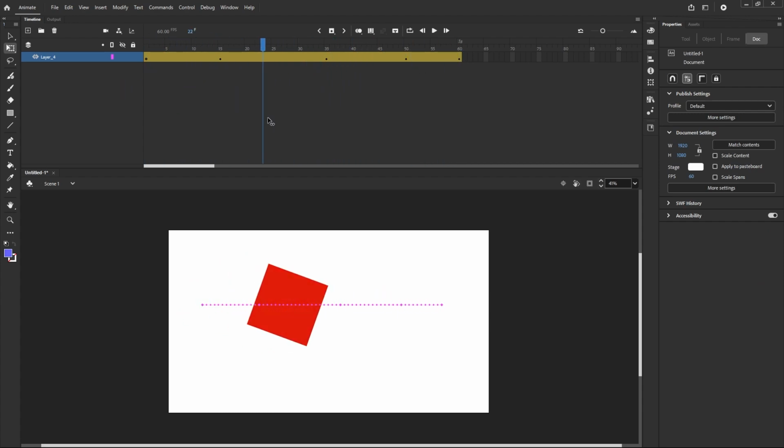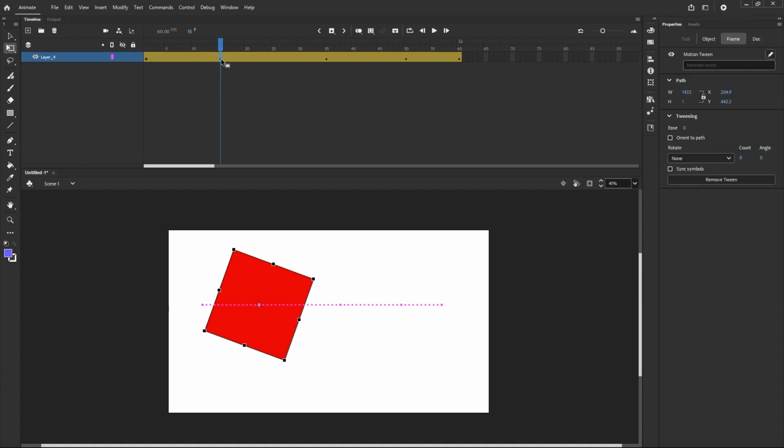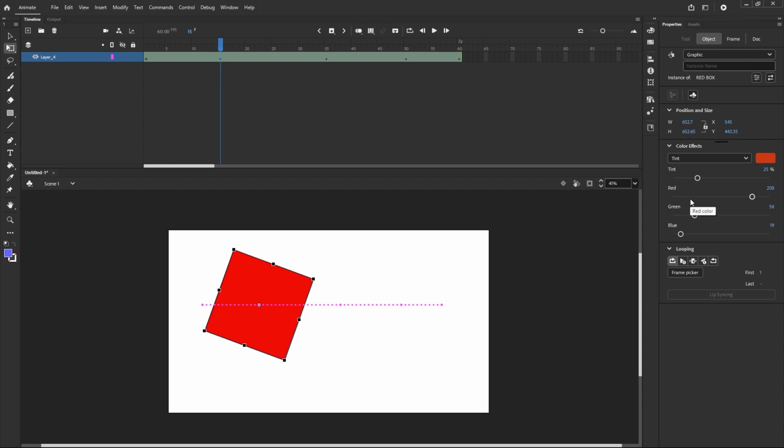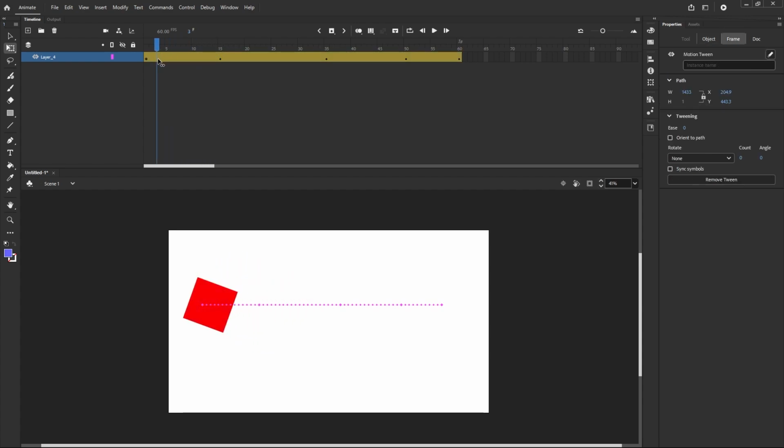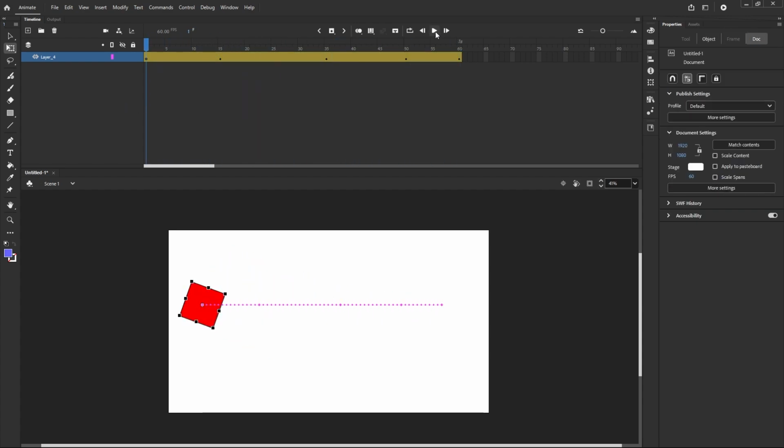Now see, it is changing, it is applying color to that, and here I'll change one more color. Yes, now if you observe the same thing here, it is applying to that animation. So okay, in animation we use all these controls,